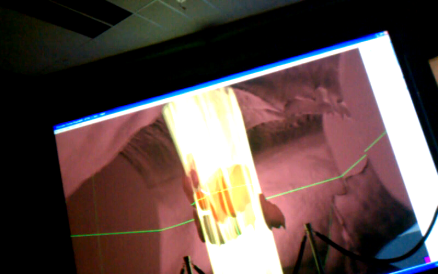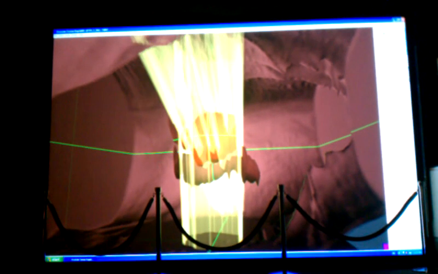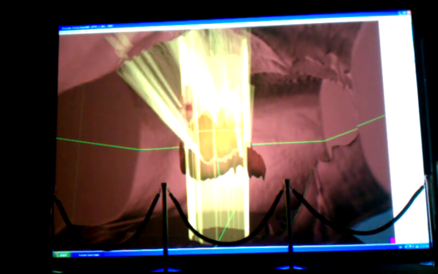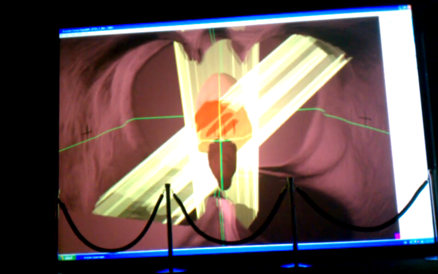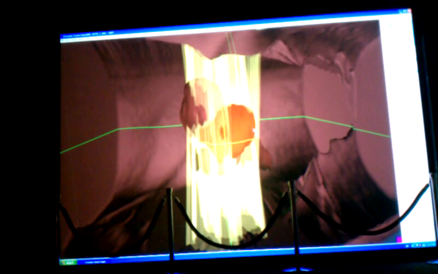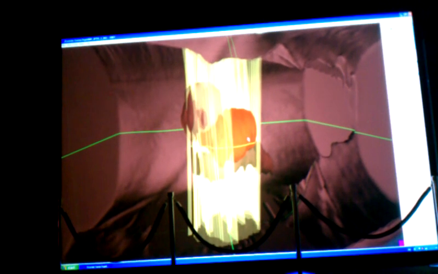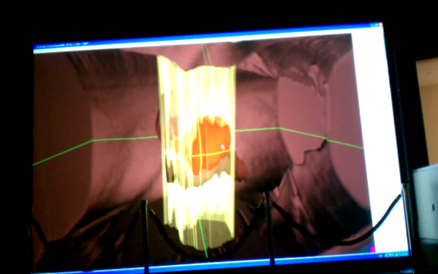And when you create errors, you can see that the prostate is not going to get the same coverage that it would if it was right on. So the more I create certain errors in the patient, with an adjustment, my coverage is going to be a little bit different on the patient, and I'm really not going to be treating all of the prostate. And you can see the portion of the prostate that now is not getting treated. This bottom part is probably not getting the dose that it should. I'm creating cold spots where it shouldn't be cold spots. I'm creating hot spots where there shouldn't be hot spots. I'm creating more of that rectum area